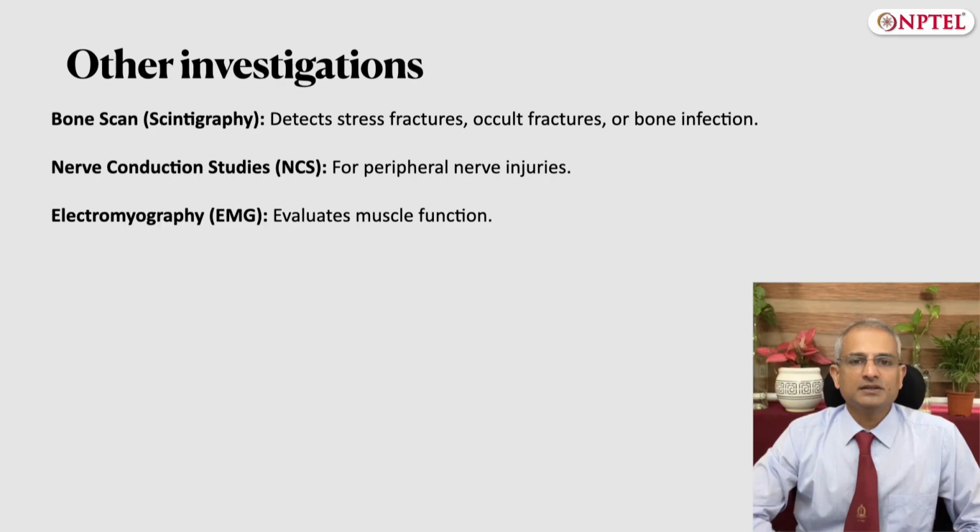Another investigation that may be required occasionally is an electromyography or an EMG. EMG complements the nerve conduction study by evaluating the muscle activity and whether the muscle is denervated or not. It also detects ongoing or chronic nerve injury affecting thigh or leg musculature around the knee. It is also useful in differentiating neuropathic weakness from disuse or pain-related inhibition after the nerve injury.